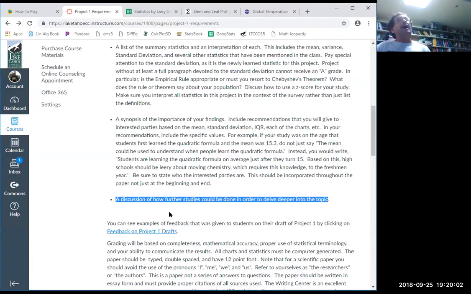Okay, what else might you ask? Also, how could you better your study to eliminate some of the bias that happened because of your sampling technique? You don't have to have a sampling technique that has no bias. And in fact, if you think you do, you're wrong. If you think you have no bias, you're wrong. There's always bias in a study. So you're going to do your best to have an unbiased study. You're going to have bias, but then I want you to write about, if you had an unlimited amount of resources, how would you not have bias? Does that make sense? How could you do a sample that doesn't have bias?